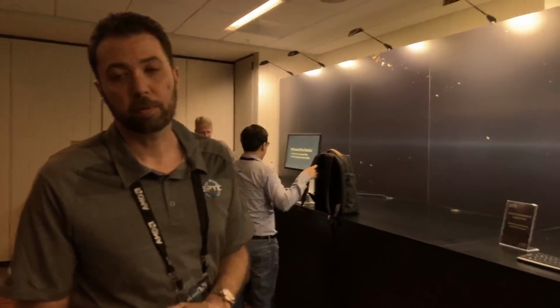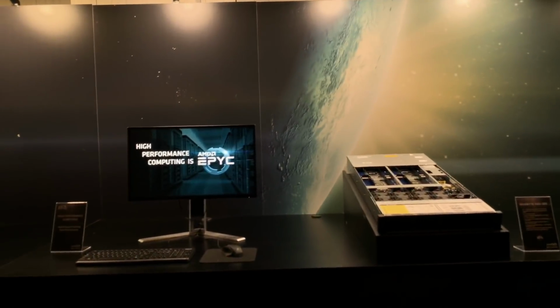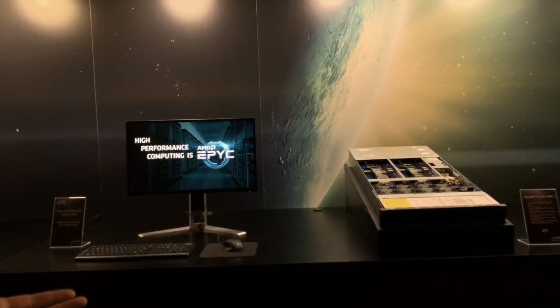So what are you showing us here? So here we're just talking about Epic for high performance computing. We've got an example of a high performance computing server there. This is 4 2-processor servers in a 2U enclosure. From a sidebar standpoint, showing off the growing ecosystem of HPC optimized servers. So we've recently been able to bring to market with our partners Cray a new server offering, as well as with